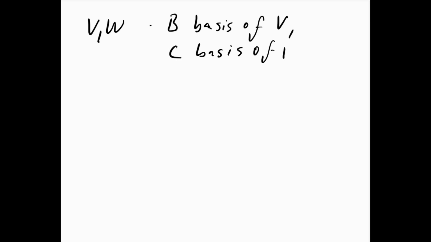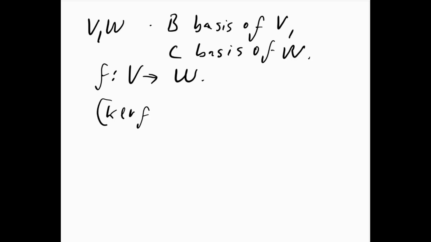So let's have V, W finitely generated vector spaces, and B a basis of V, C a basis of the other vector space W. And we have a linear map F that goes from vector space V to vector space W. And then we have